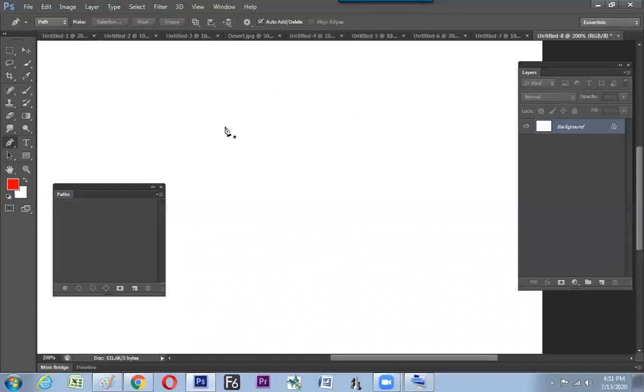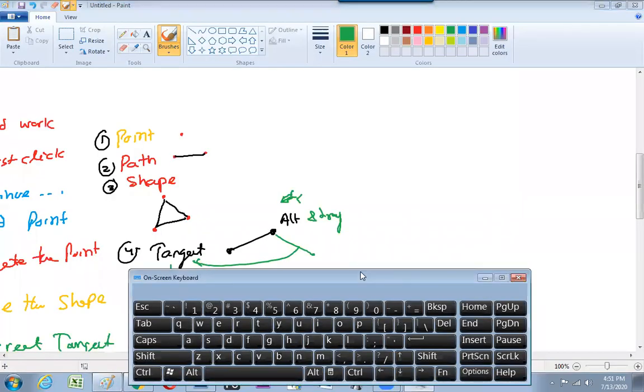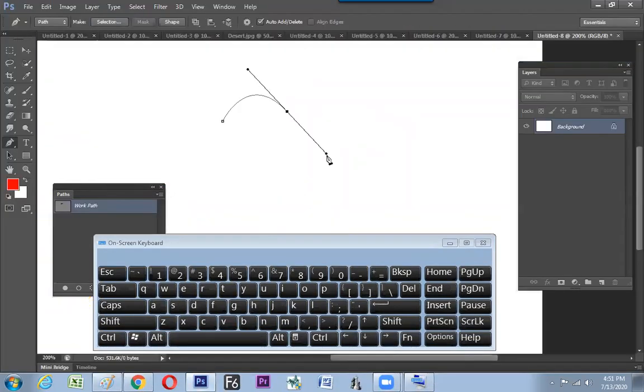The next technique: make a curve. If you need to cut the tangent, the first technique is Alt and click. Instead of doing that, you can adopt the next method: hold Alt, go to the head of the tangent and drag it up. This is the second technique, where you shut down the length of your outer tangent and get a straight line. So the tangent can be controlled in both ways: either cut it off or shut it down.